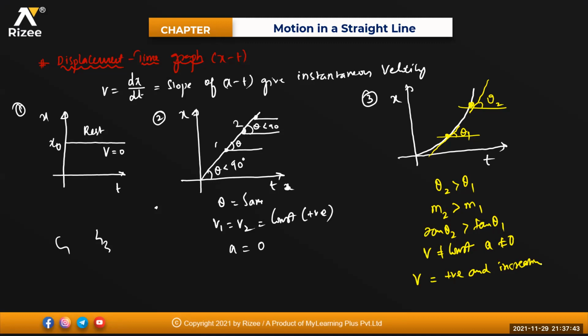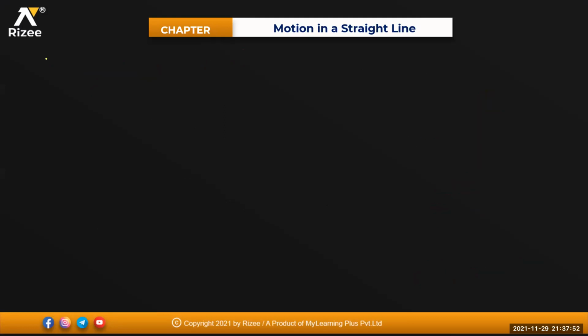Yes, sir. So v equals dx by dt will always give me the slope. This is a smiling face, so velocity is always increasing. Now tell me what happened to this one, beta. What do you mean by this graph? Can anyone tell me? This is your time and this is your x, and it is starting from somewhere here. This is your x naught. That means the particle is starting from x naught, not from the origin. That means it is moving with constant velocity. Velocity is constant, but not starting from the origin. Clear?